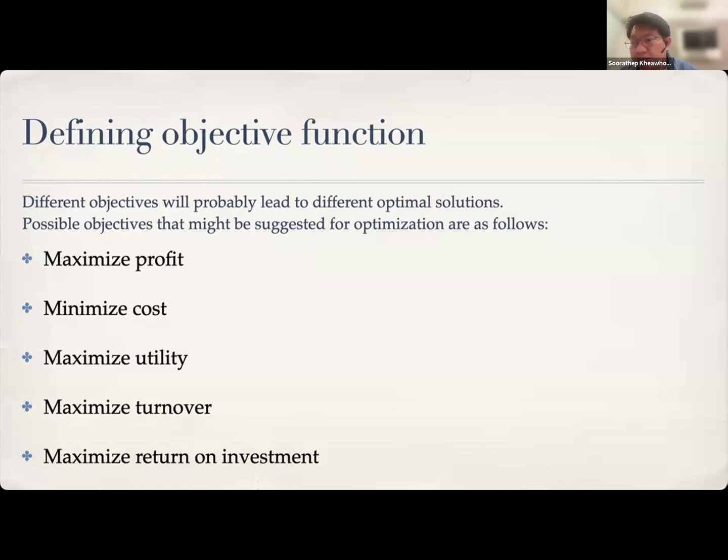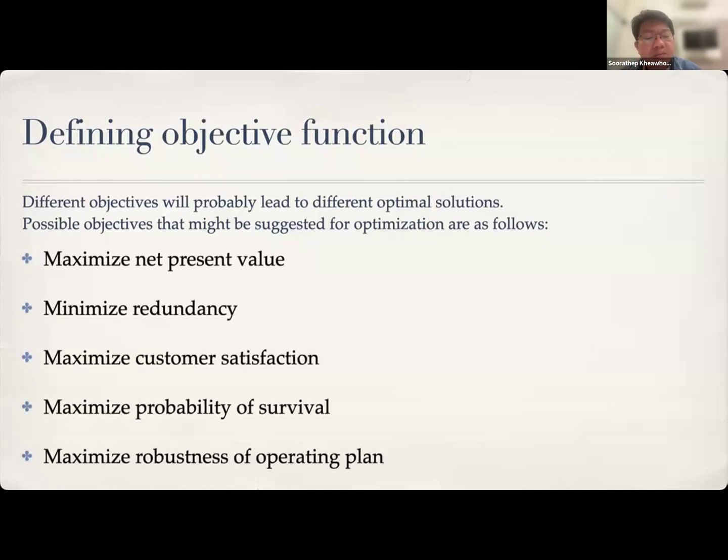But if the revenue and also the cost are both sensitive to the decision variables, then maximize profit is a good way, right? Or maximize utility, maximize the turnover, depends, okay? Maximize return on investment. What else can it be? It can be maximize the net present value, minimize redundancy, maximize customer satisfaction, maximize probability of survival, maximize robustness of